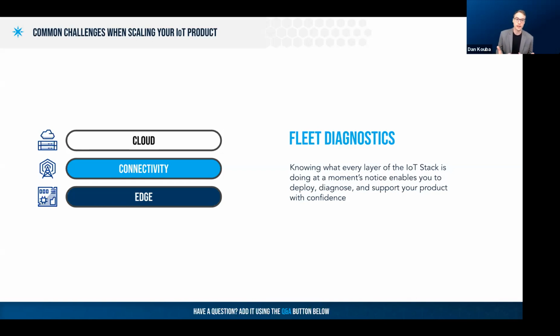So when you experience an issue like this, it's absolutely critical to figure out at what layer this issue is occurring, and find that as quickly as possible. This can affect your ability to deploy. Maybe your issue is happening as you're putting your devices out in the field, or maybe this is while they've been running for over a year and it's affecting your customer experience.